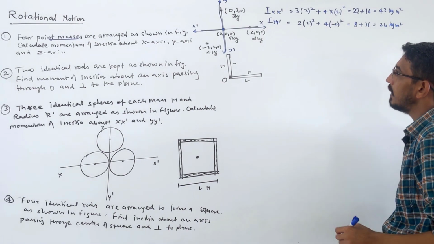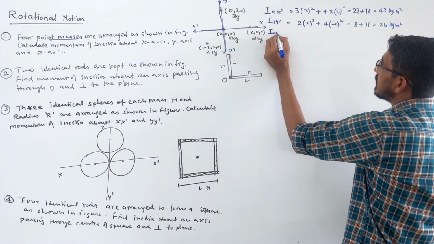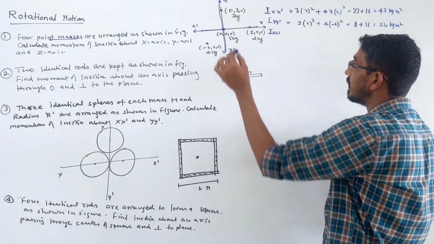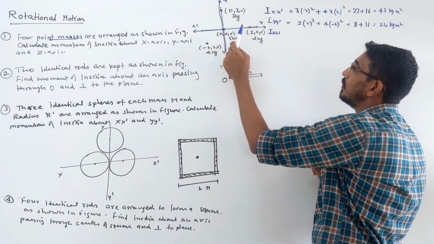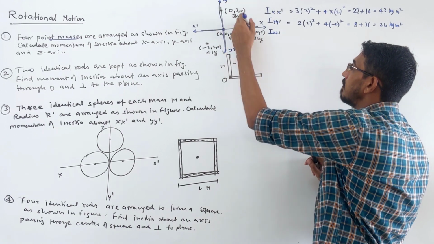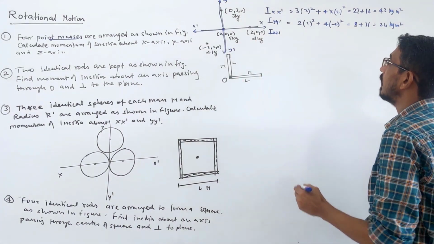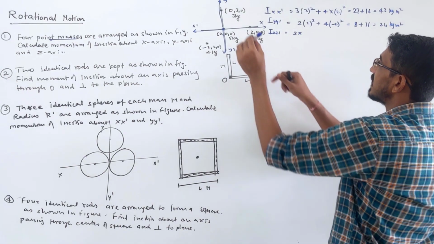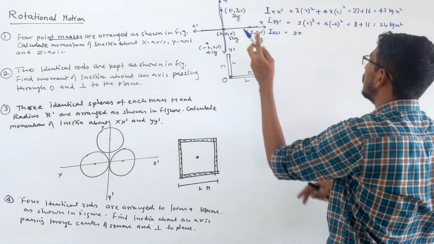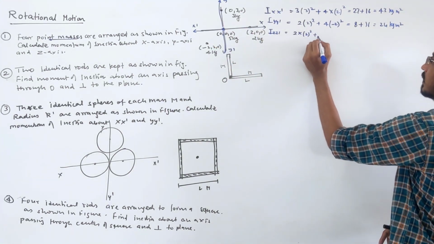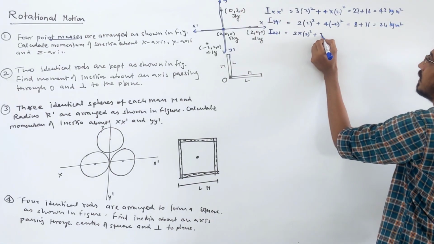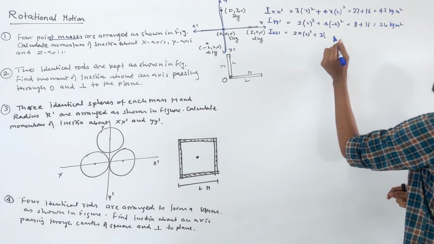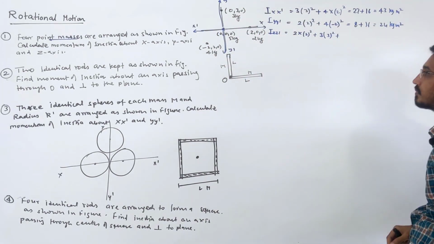Then now let's find about the z-axis. The z-axis means the line perpendicular to the plane here. Now give attention, the axis is like this, perpendicular. So due to this, the 5 kg alone becomes 0. Then these 3 masses remain, and we have to find due to them. First I am finding this 2 kg. 2 kg into what is the distance from this axis? That is the x distance, 2 meter. So 2 into 2 square, plus 3 kg. For the 3 kg, the distance from this axis, the y distance, is given as 3. So into 3 square, plus